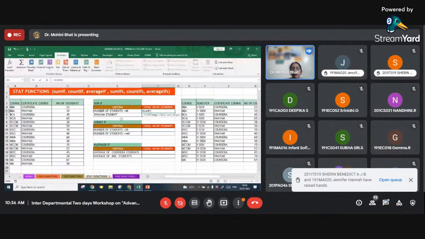So you are finding the total number of students. The range is the number of students. Criteria is less than 40. And sum range is the sum of these values. Okay. Now, what is the range? You have to find the number of students, so say the range is this,